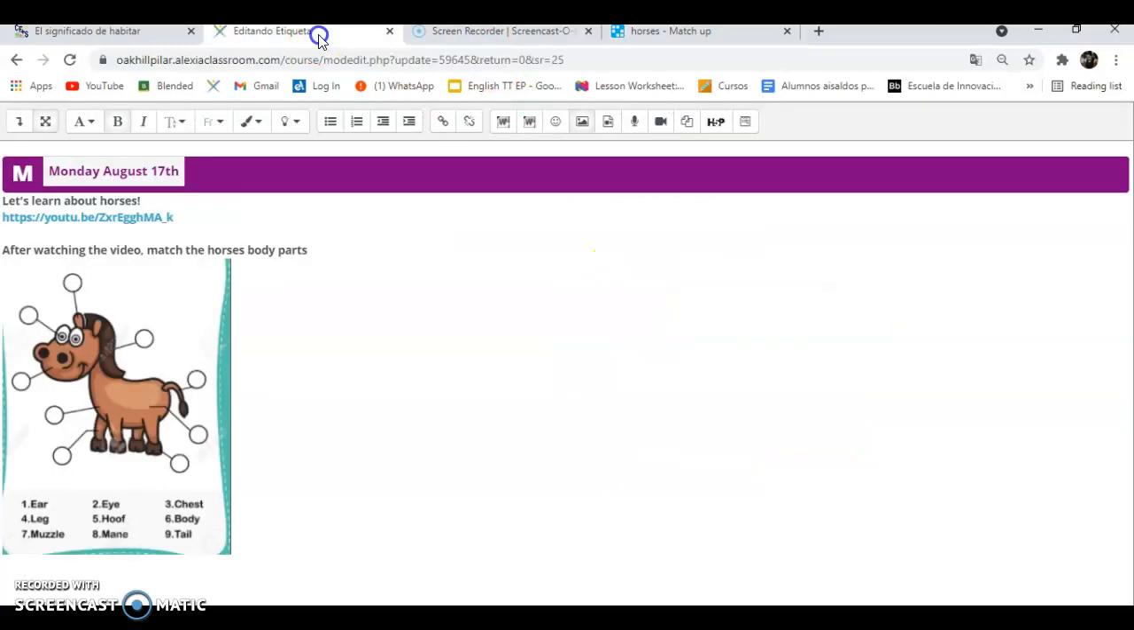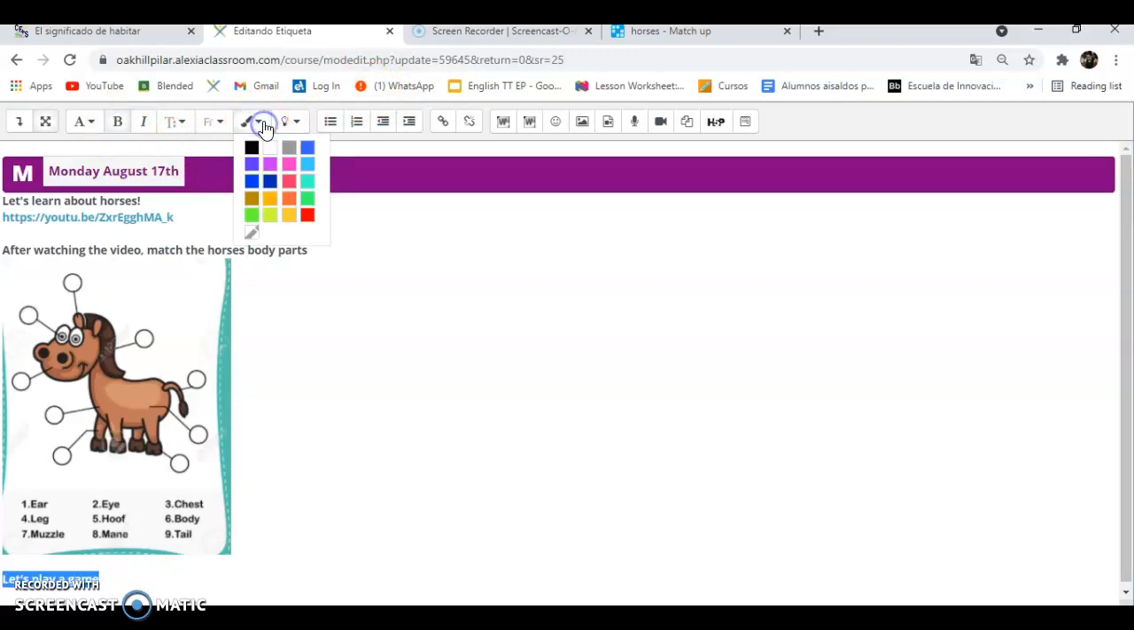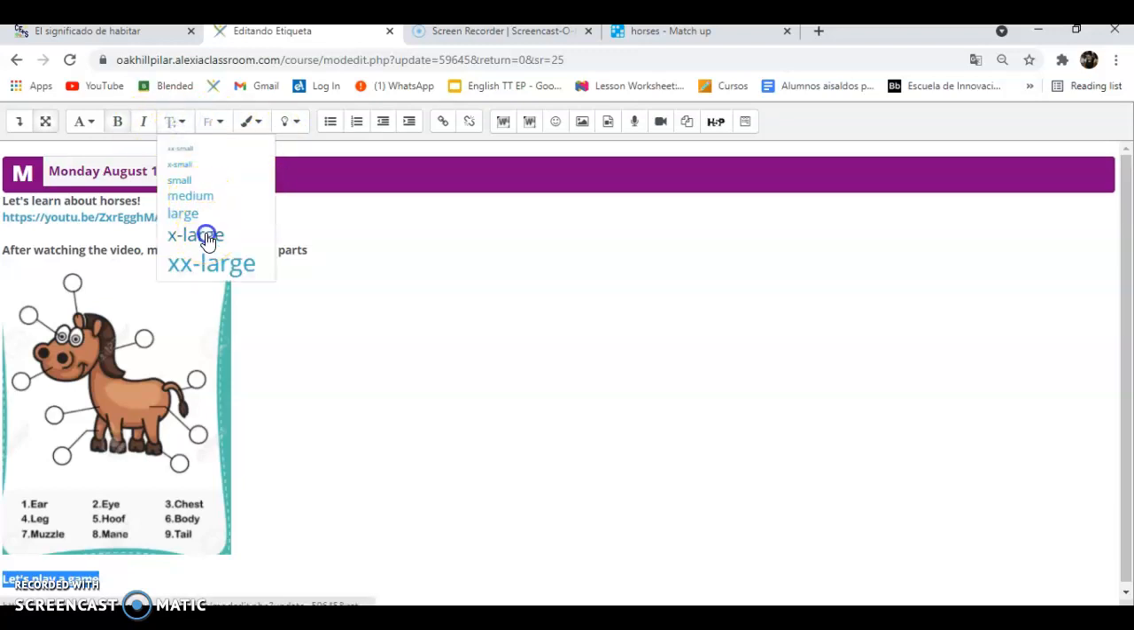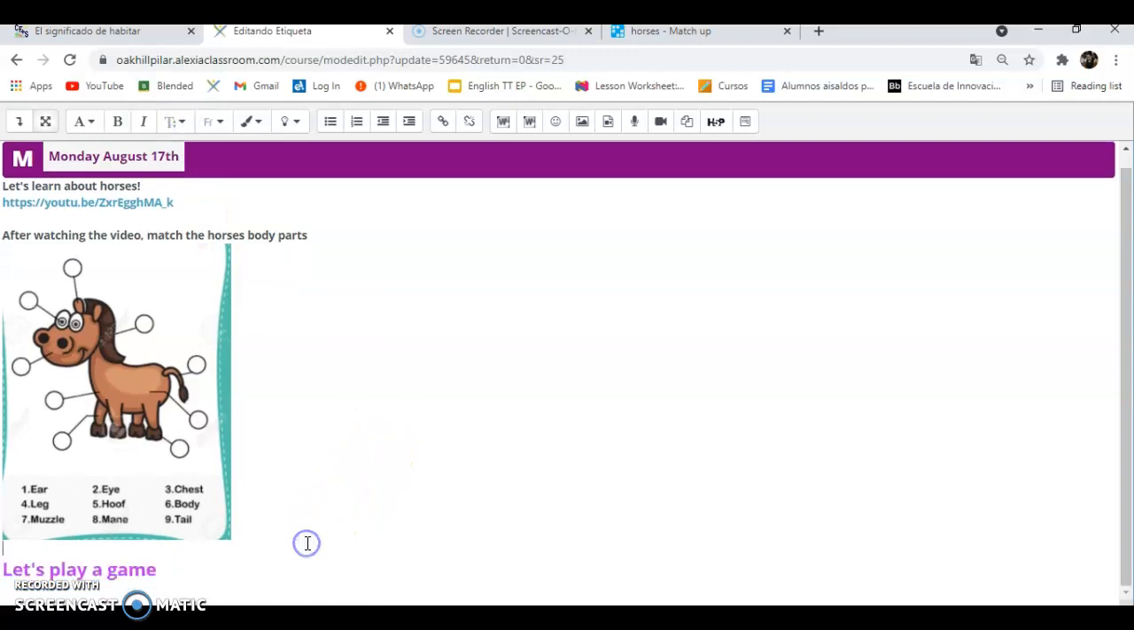Once I have it, I go back to the etiqueta I'm creating. I'm going to put let's play a game. I'm going to enlarge this. I'm going to change the color and make it bigger. All right. Okay, now that I have it here,